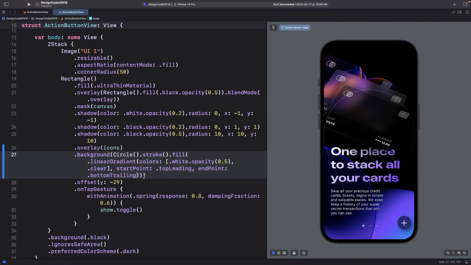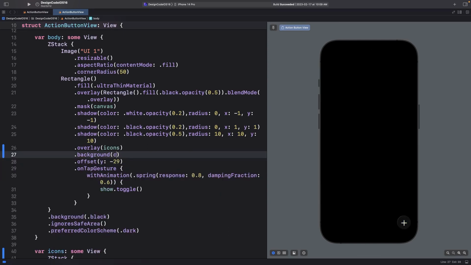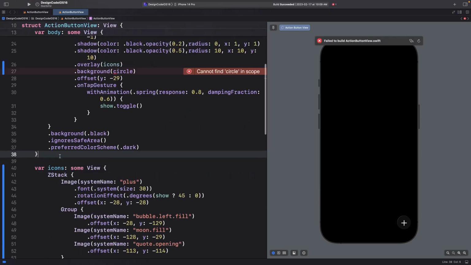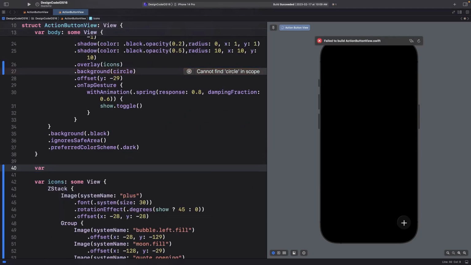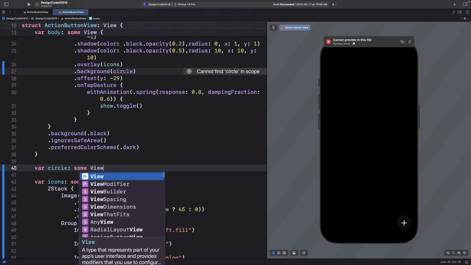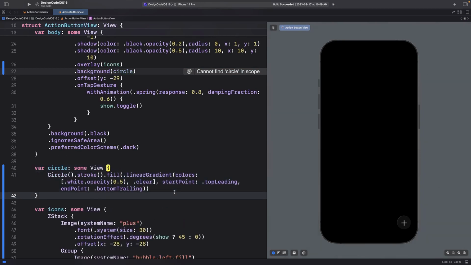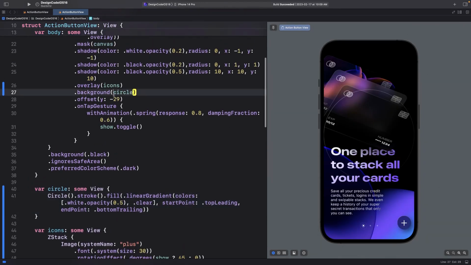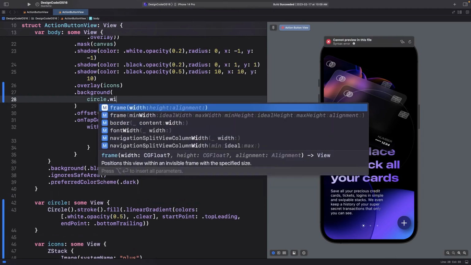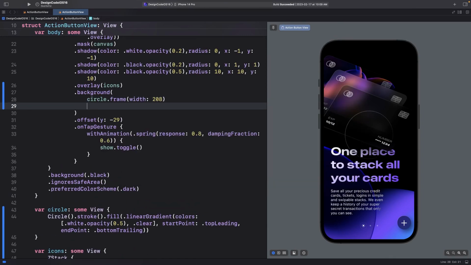Now this circle here, I'm going to use multiple times. So I'm going to create its own section, cut this, call it circle. Then I'll create var circle of type SumView, then paste the circle. Let's organize the background. Let's set the width to 208. Then using overlay, I'll create another circle with a width